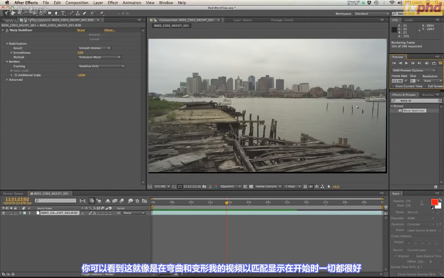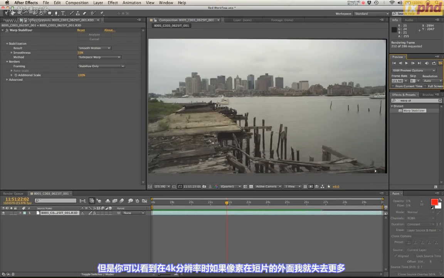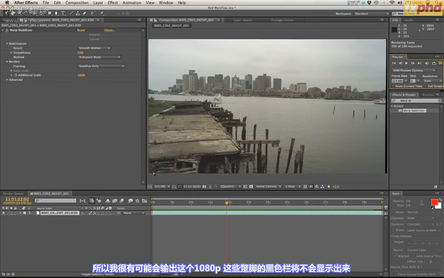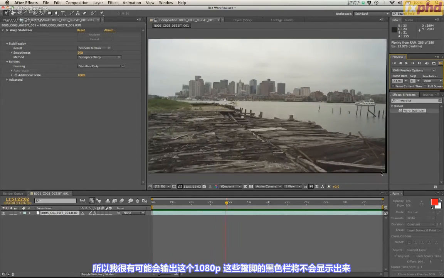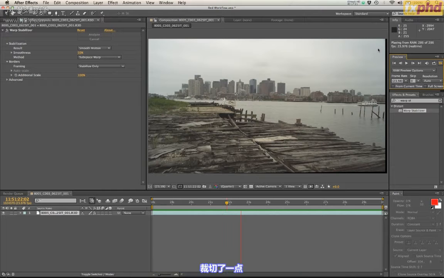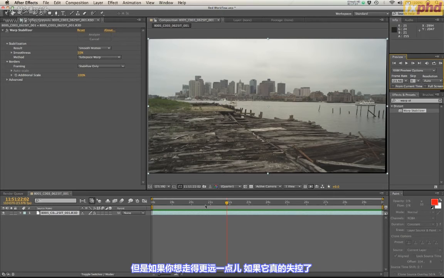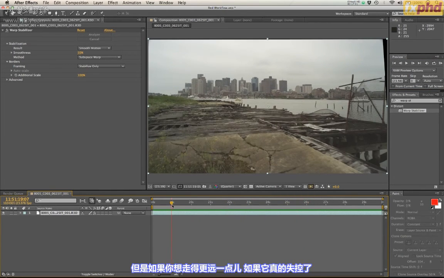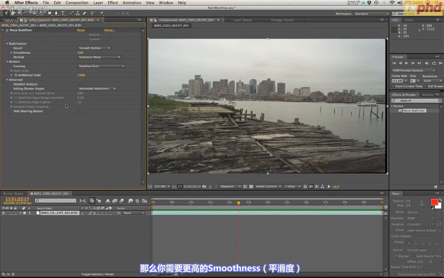So in the beginning everything's good. You can see though at a 4K resolution I'm only losing a few pixels around the outside of this shot. And so most likely I'm going to output this at 1080p, and these black bars aren't going to be any issue at all. I'll just crop in a little bit. But if you want to go a little bit farther, if it's really out of control,